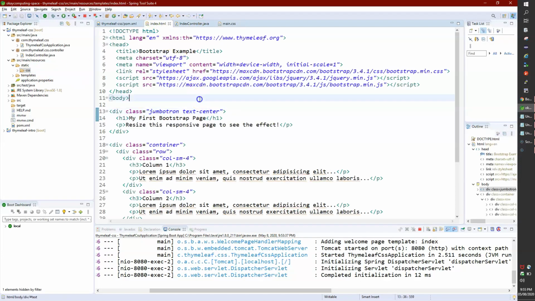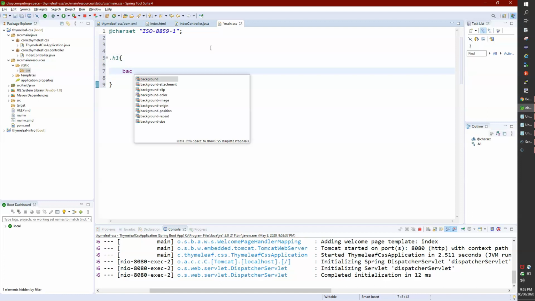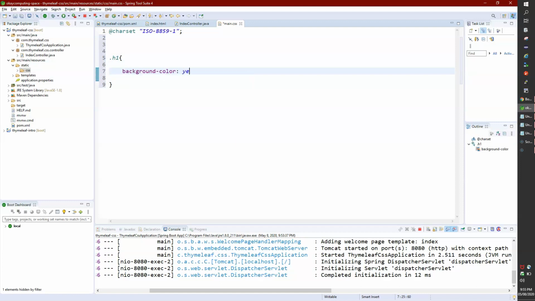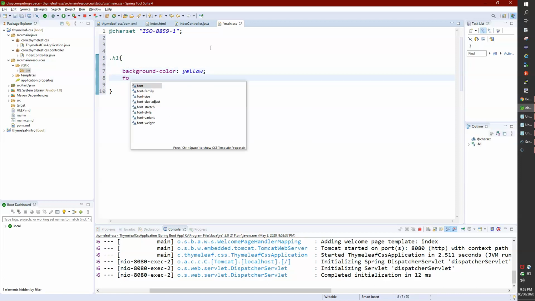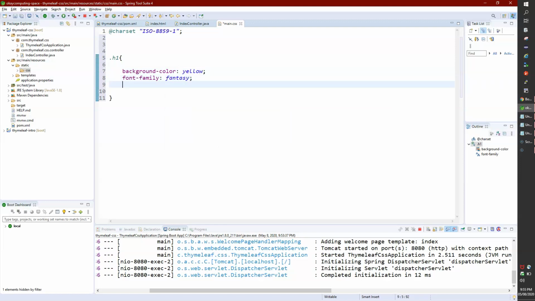Now what I want to do is play with the h1 tag. So here I'll just write h1. I hope this should work fine. I'll set the background color and change it to yellow. And font family, I want to do something, and I want to increase the font size as well. Let me make it 30 pt. Let me put the color as well. I want it in blue color, just random, so that we can see the difference.